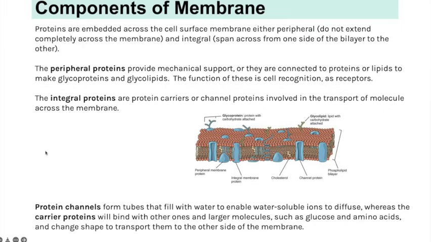The other components of the membrane are mainly the proteins, and these are embedded across the cell surface membrane, either as peripheral, meaning they're just on the outside, sometimes called extrinsic, or they could be integral, sometimes called intrinsic, meaning it spans from one side of the bilayer to the other. The peripheral proteins provide mechanical support,